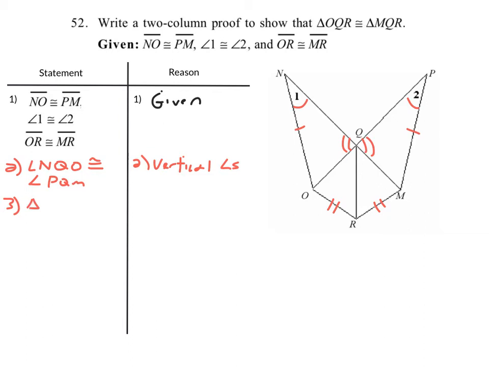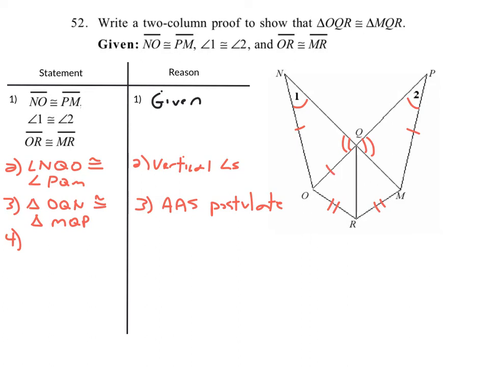So we can now state that triangle OQN is congruent to triangle MQP, by angle, angle, side. Yep. And then we can say,